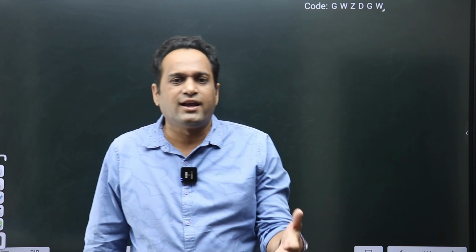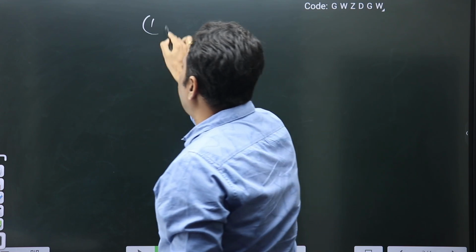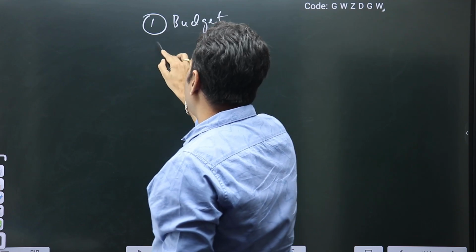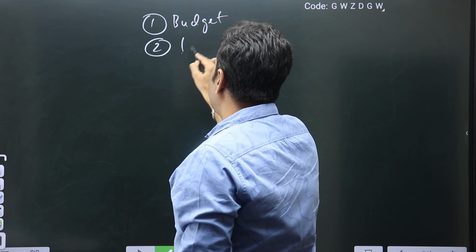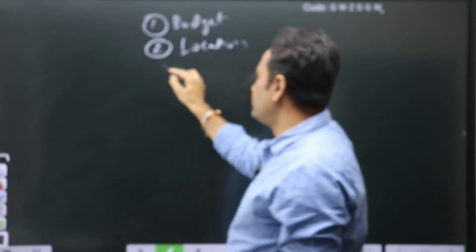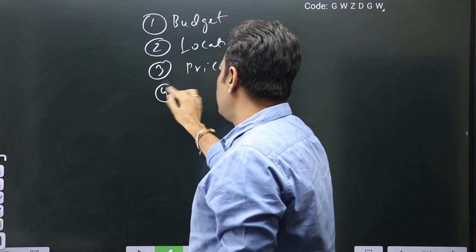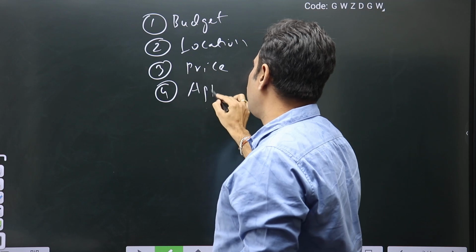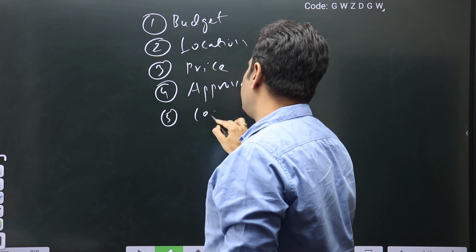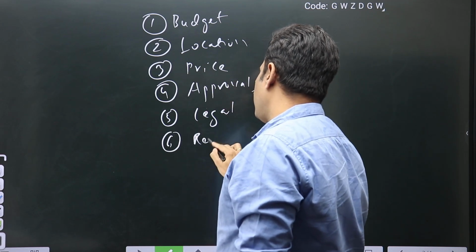Now, what should you check before buying a plot? So I'll give you a basic checklist. First thing, very important point, first you have to check what's your budget. This is a very important point. Second, check for location. Location is the most important aspect in real estate. Third, check for price. Fourth, check for approvals. Fifth, check for legal. And sixth, registration. So registration tarvata maatladadam.